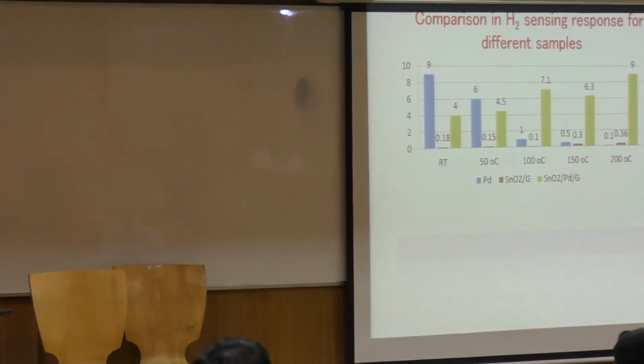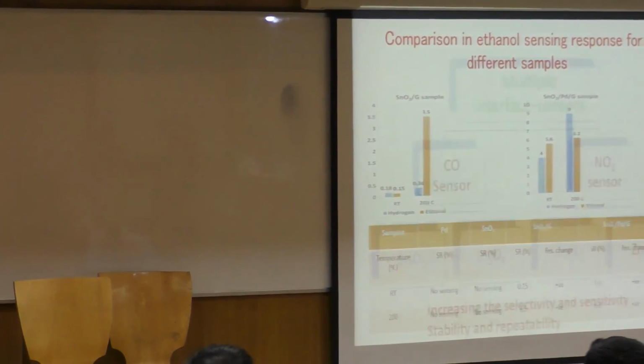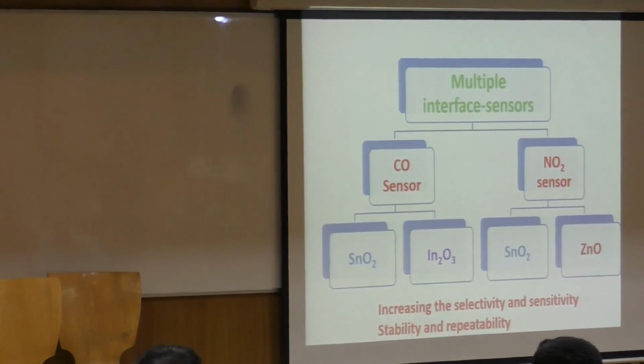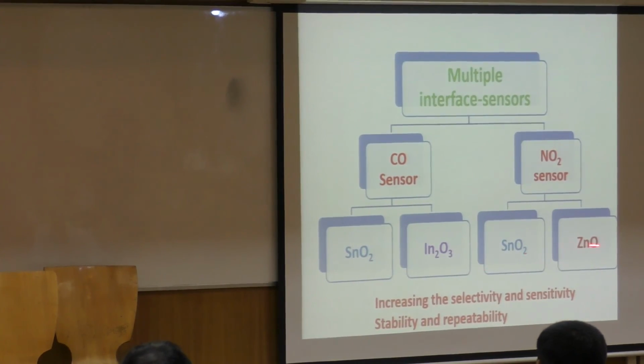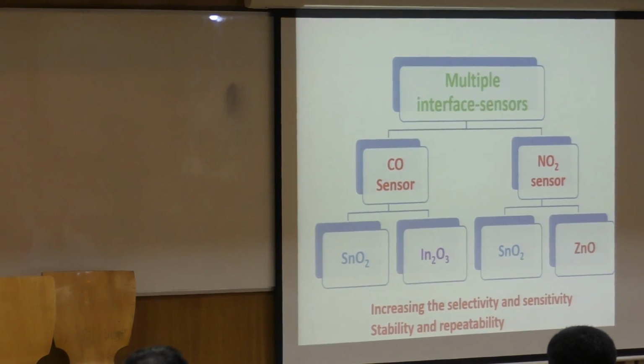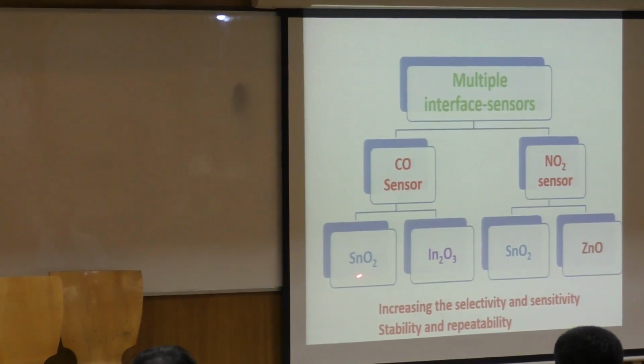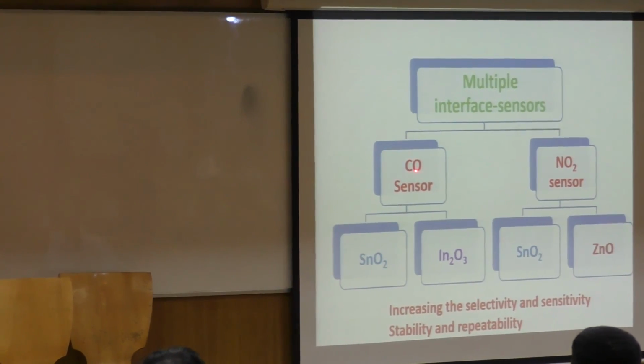The proposal is that you prepare this kind of sensor. The sensor will be based on tin oxide, indium oxide, and zinc oxide particles deposited on graphene. Tin oxide particles are sensitive